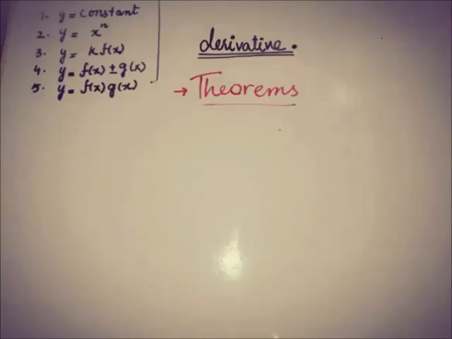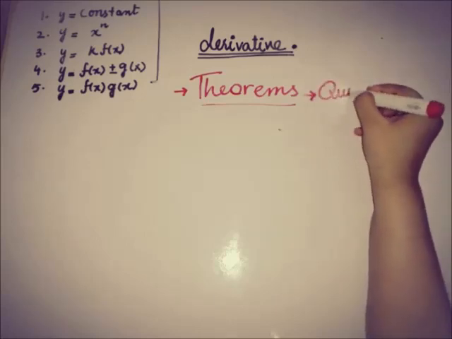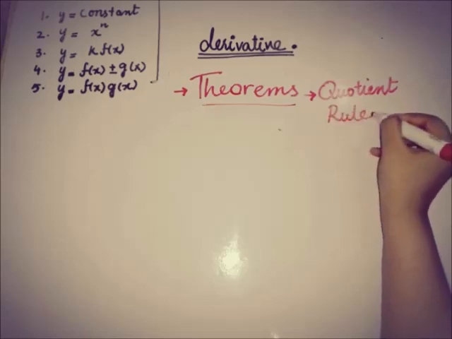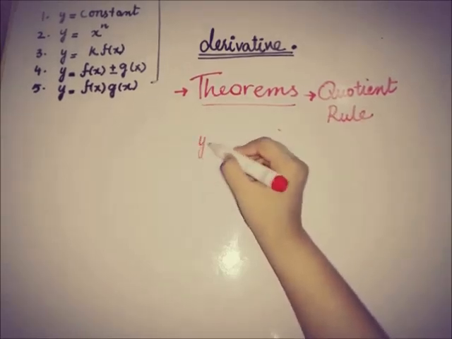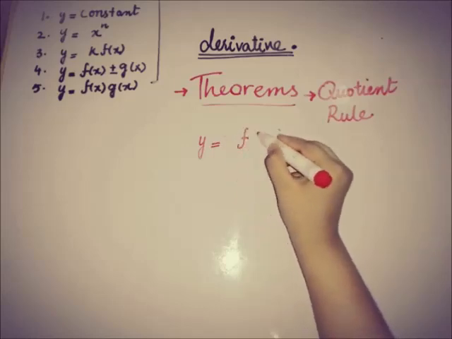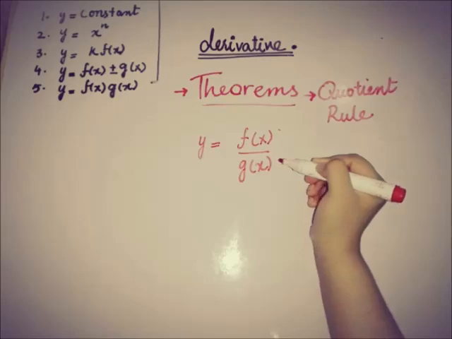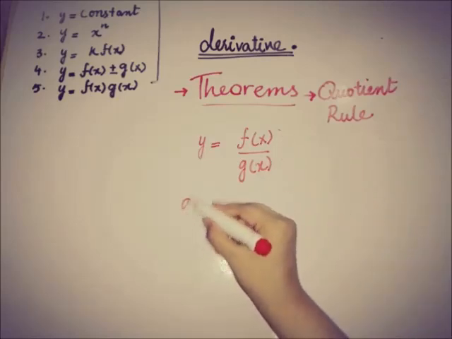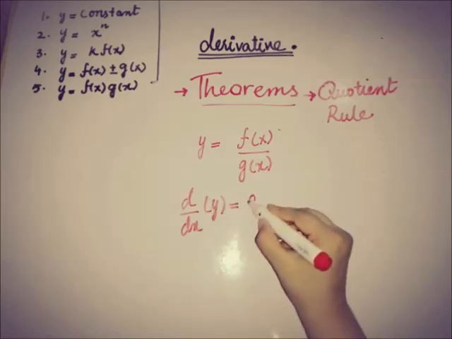Now we will discuss the next theorem, that is known as the quotient rule. It tells how to find the derivative of a function of this type. So the theorem says that the derivative of such functions can be found in a way